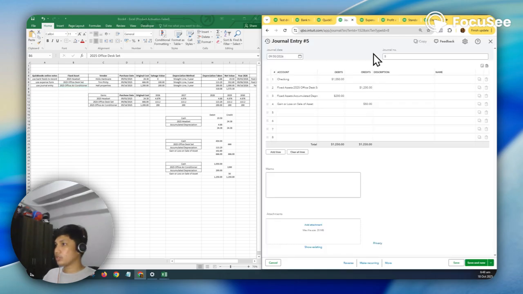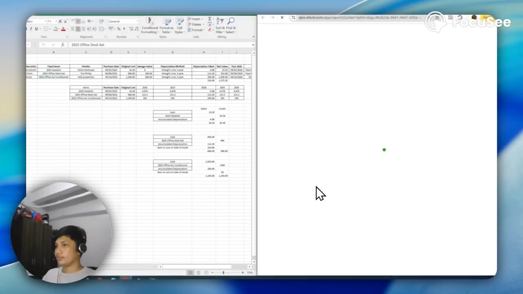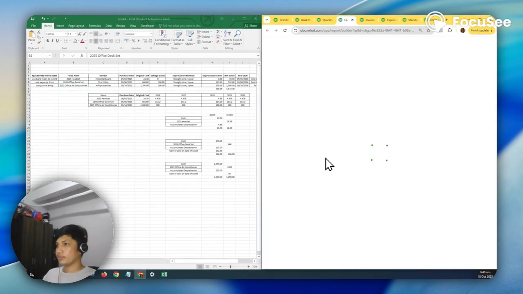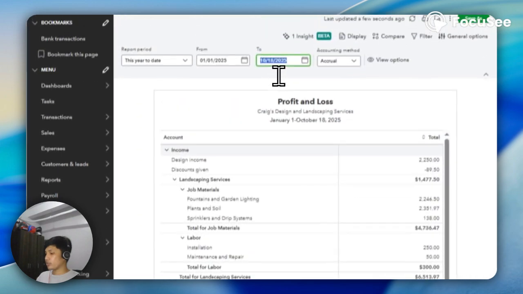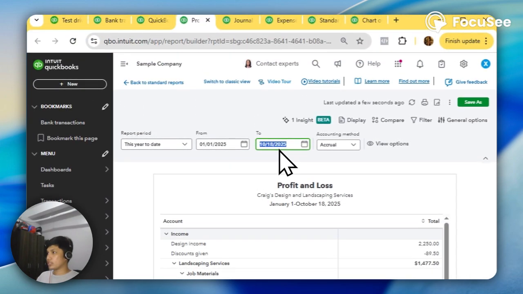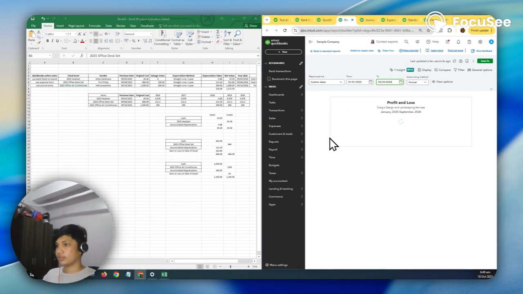Let's check the profit and loss. For the profit and loss, I'm going to change this to year 09/30/2026.